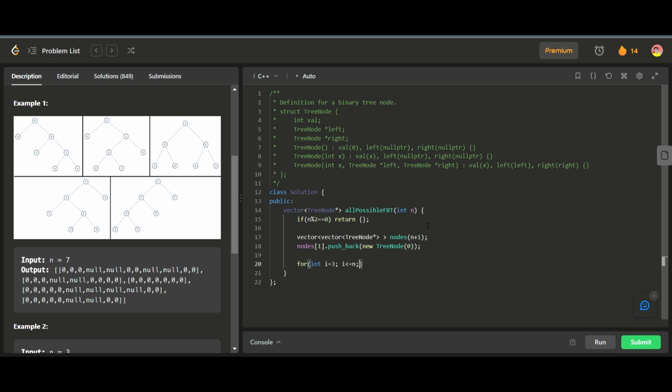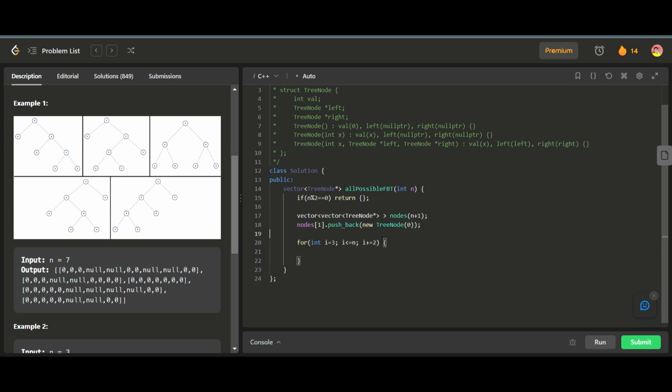Obviously we have to go till the size asked, and we will keep on increasing it by 2. So we have to check only odd numbers. Now, basically this is size, i is equal to the size of the tree. Now I need to define the size of the left child. So j will be the size of the left child,